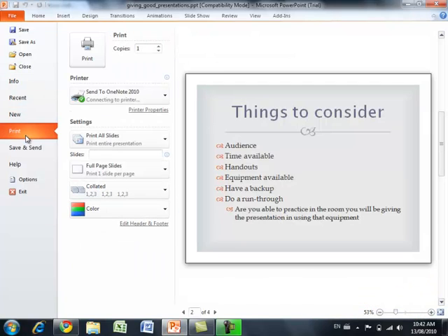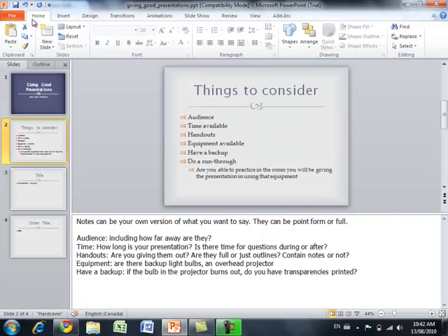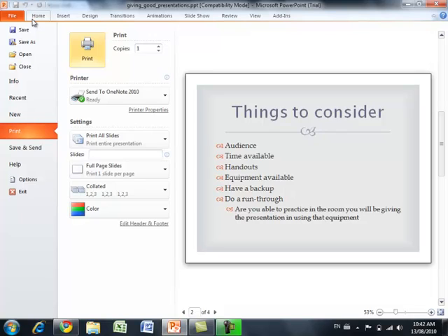But if you hit Control-P, you'll still get in both options. Actually, why don't I try that now? I'm just going to go back to the Home tab, hit Control-P, and it brings me directly to the Print menu. So you'll get to the Print menu by holding down the Control key and pressing P in either Office 2010 or 2007. Now there's a button, of course, to print at the top, and it'll print one copy and it'll send it to a specific printer I have chosen. But there is an actual setting that I want to choose, and under Settings,